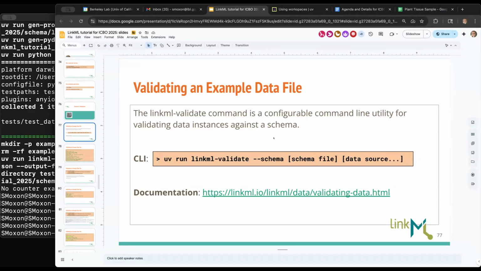I think one of the problems that we identified in our Slido just now was that keeping people in agreement on the understanding of a particular set of elements in a schema is a challenge. And I think with great leadership from Chris, we've discovered that examples really go a long way. You can say something very broadly in a description, but if you have an example of that, it makes it a lot easier. So linkml validate is a command you can run on your schema file, and any data